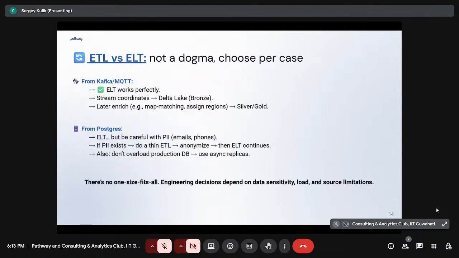So here, the next thing we can discuss is what concept we need to use for building our data pipeline. We have ETL and we have ELT, as we discussed. And here I have several examples of the data sources. Since we are talking about the ride-sharing service, we will most likely have the coordinates of the cars, and it will be an important feature for the pricing because we will need to know the density of the cars within some polygon. And here we can safely use ELT because it's just raw coordinates from GPS.